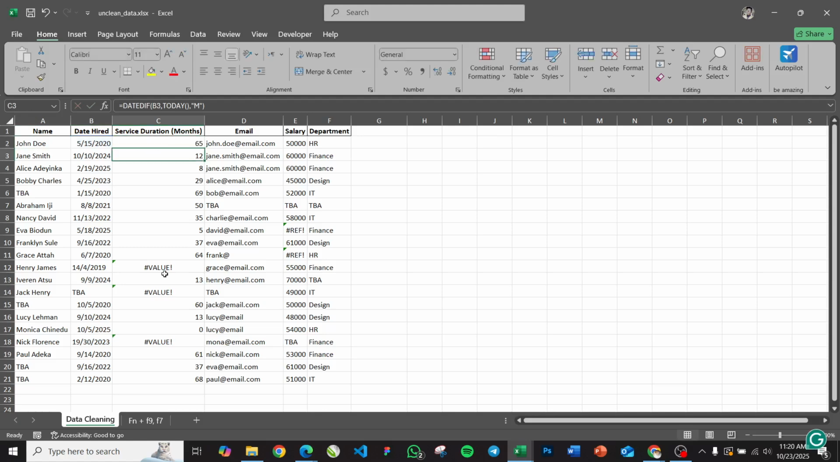As you can see, I have some value errors here. That is due to the fact that the date formatting here is wrong. I may fix that by correcting the formatting of the date, but we want to see how to handle errors in this case. Wherever there is an error, I want to replace it with another string value. So I'll come over here, open the formula, then at the beginning of the formula I'm going to type IFERROR,